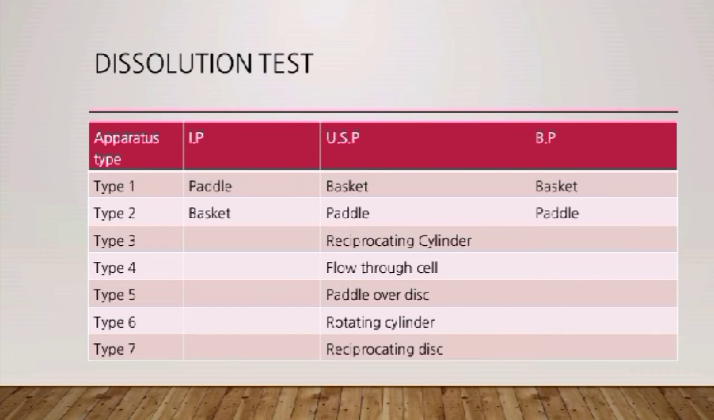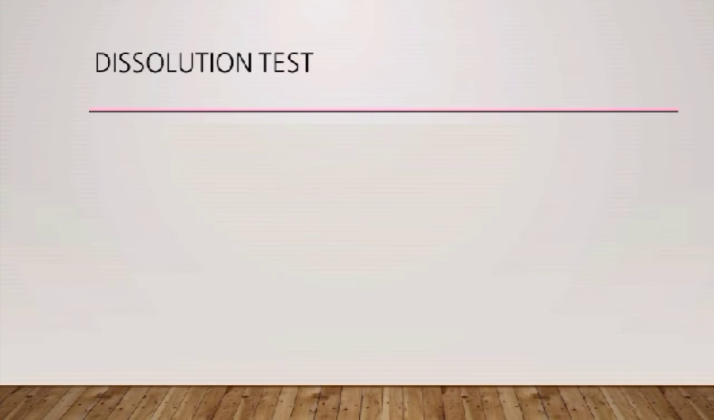Dissolution test according to the IP, USP and British Pharmacopoeia. According to Indian Pharmacopoeia, type 1 is paddle and type 2 is basket. According to USP, type 1 is basket, second is paddle, third is reciprocating cylinder, fourth is flow through cell, fifth is paddle over disc, sixth is rotating cylinder and seventh is reciprocating disc. And according to British Pharmacopoeia, type 1 is basket and type 2 is paddle. You can take a screenshot of this and learn it by heart. Next,